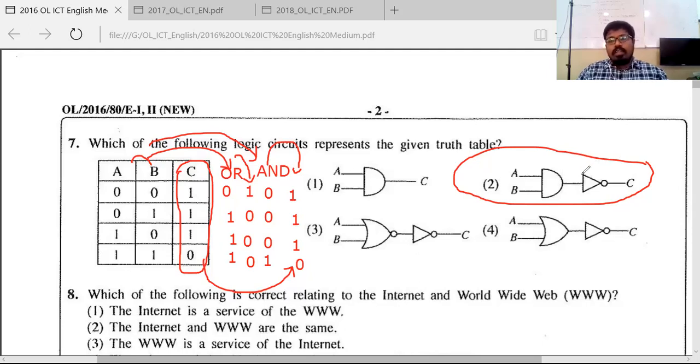Question number 7, right? So this is the method to find it. First you have to find the basic gates' output expressions. If those are not satisfied, you have to take the complement. If they are matching, you can find the answer. In this case, this is the AND gate. When I take the complement, it will be the NAND gate. When I consider the NAND gate output and the output of C, both are equal. That's why it is the NAND gate, AND followed by NOT. So that's the end of question number 7.